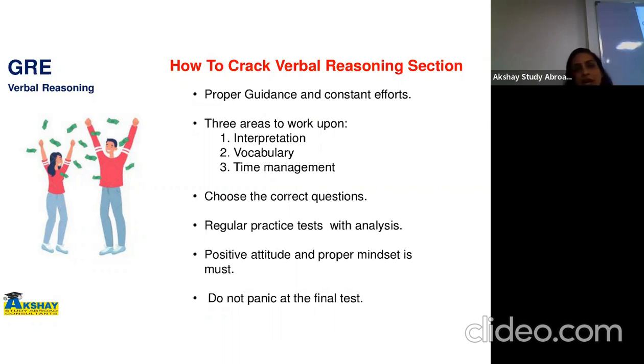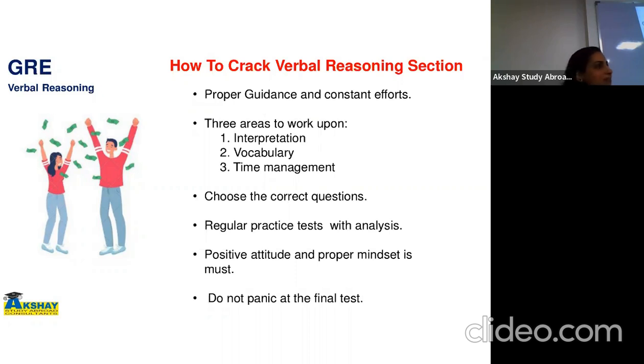That's how it goes. Positive attitude and proper mindset. All these terminologies I understand, but what do I mean by proper mindset? You know, it generally happens that when you move on to the next question, you think about a previous question. Understood? Whether my logic is correct, whether the word that I have chosen is correct. So this should not happen. You must practice on these skills. So that is what I mean by proper mindset.